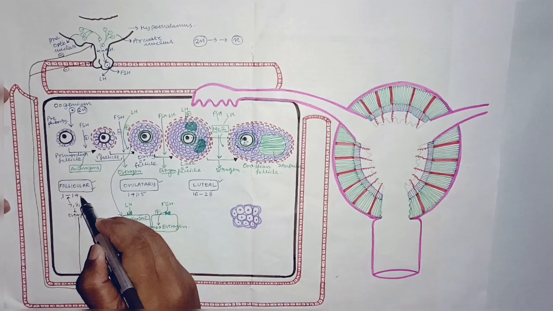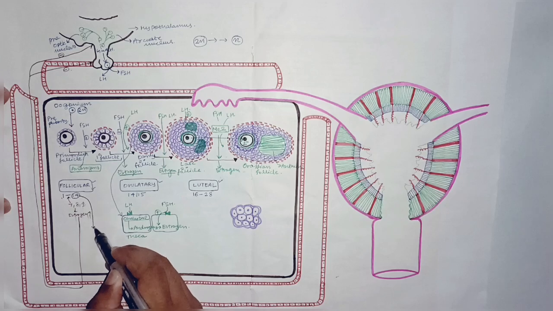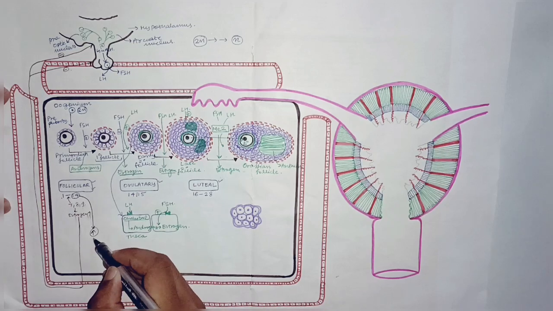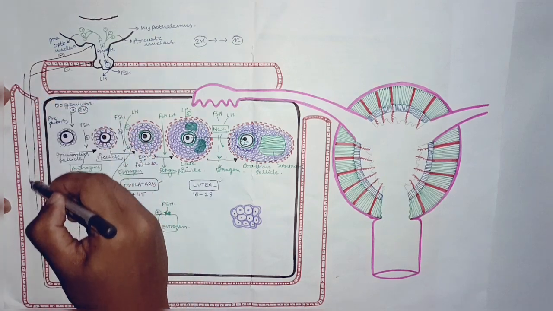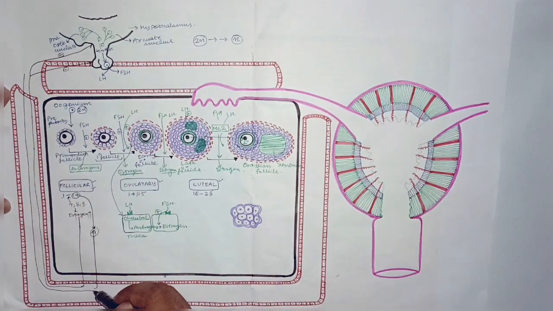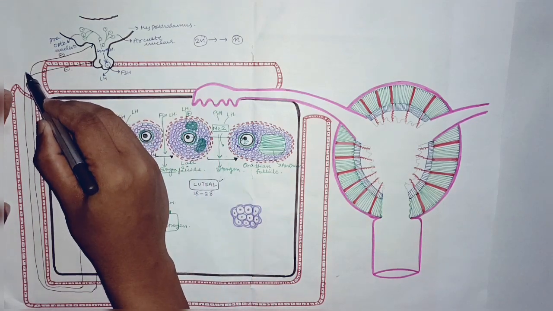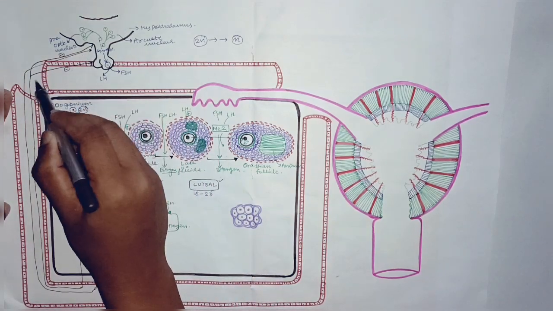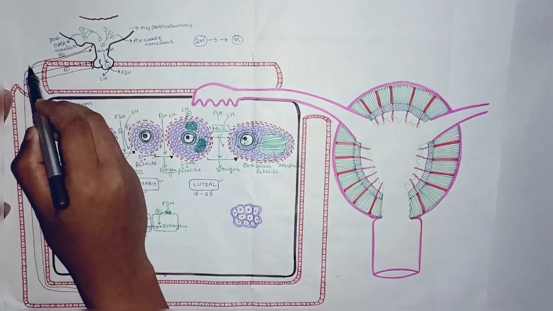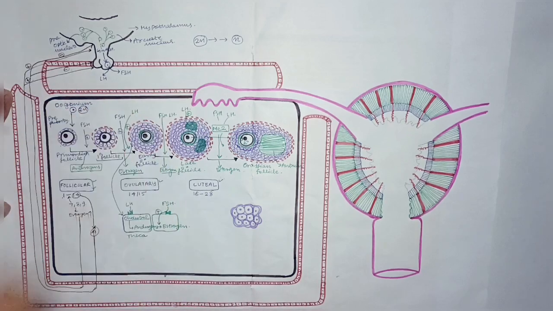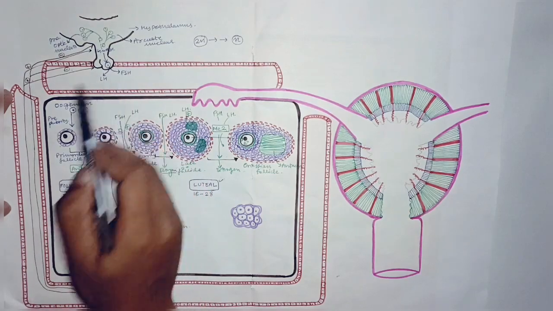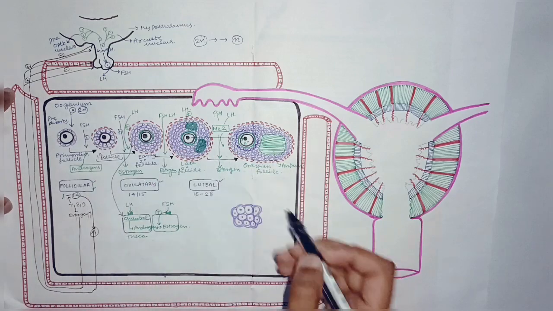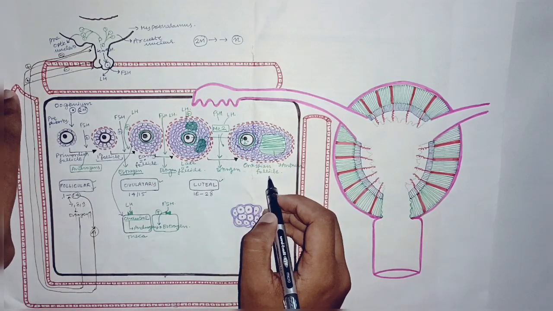Now, at day 14, the late follicular phase, estrogen levels are again high, and these high levels of estrogen act on the anterior pituitary and your hypothalamus, and this time they give positive signals. They say to create FSH and LH, and simultaneously the Graafian follicle releases